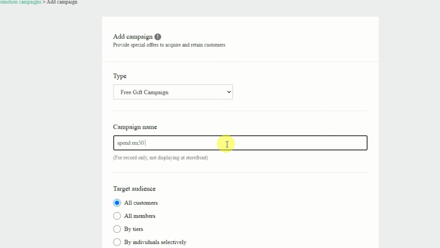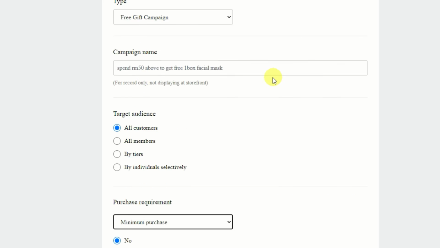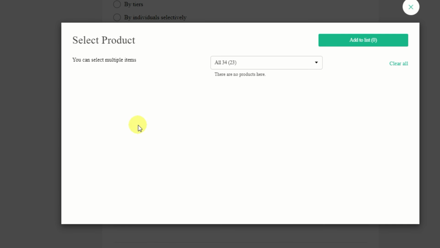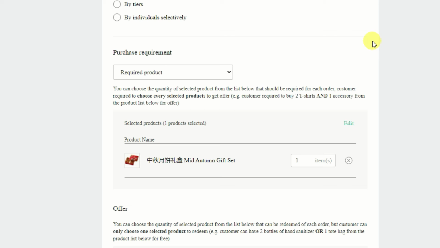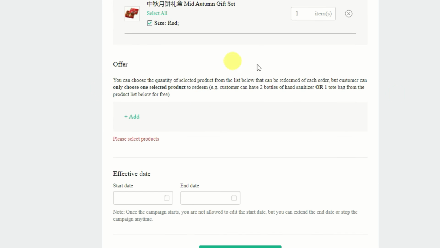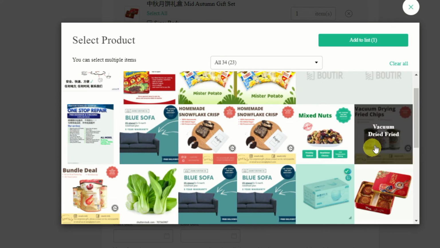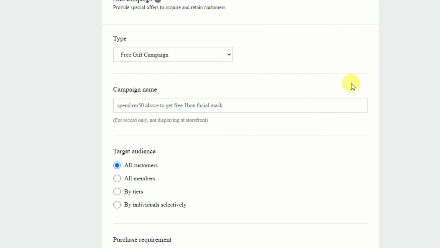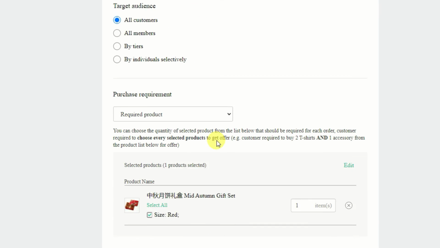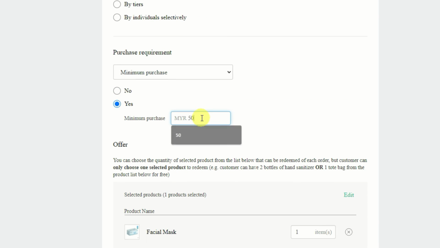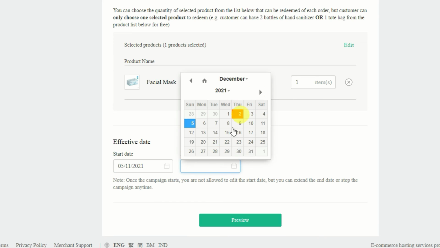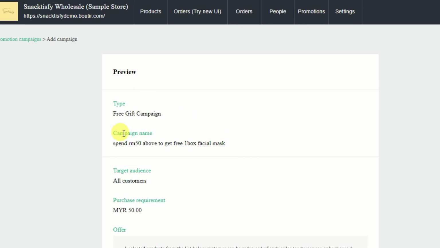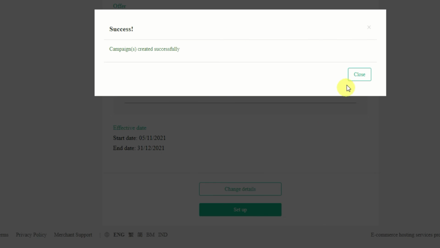You can choose to give free gift to customers once they bought the selected products or reach a minimum purchase requirement. For the free gift, you can add up more free gift from the list and customers can select one of them in each order. Note that you may unpublish products that you would like to turn them into exclusive free gifts so that customers cannot find them on your online shop.